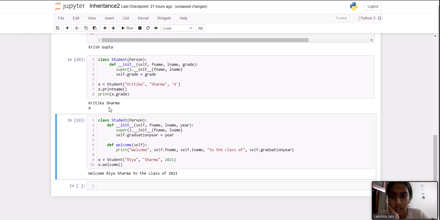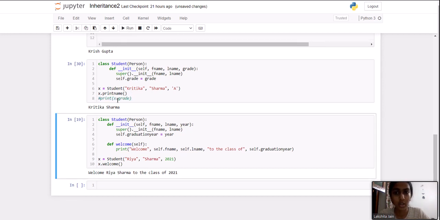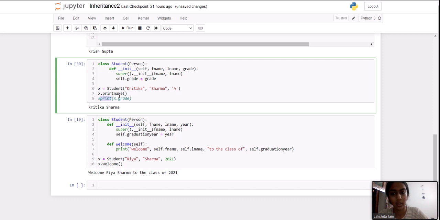So you can see Kritika Sharma and A. If you don't write this, it will not give you any error, because to print the grade you have to access it through the object only. Otherwise it will not be printed because we are nowhere writing the code to print the grade.